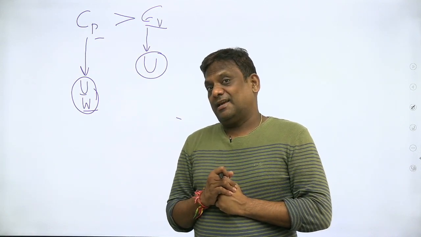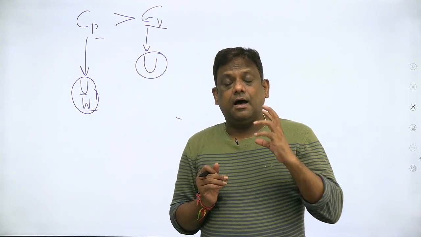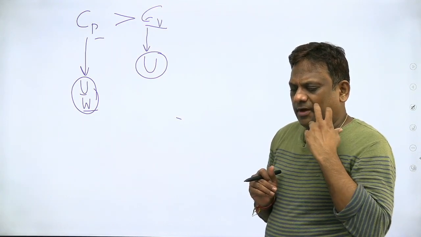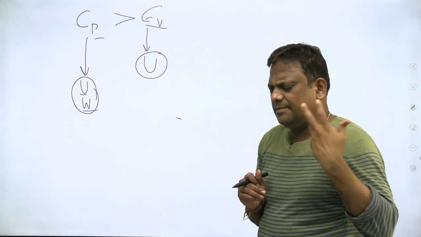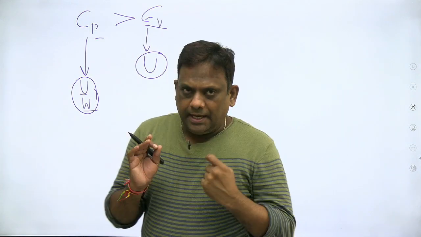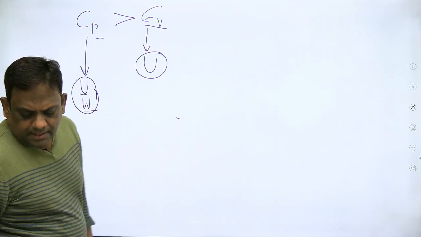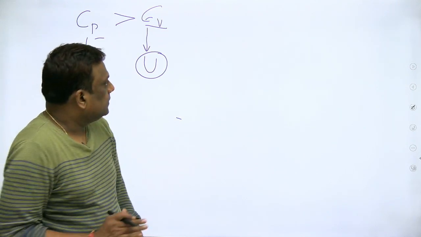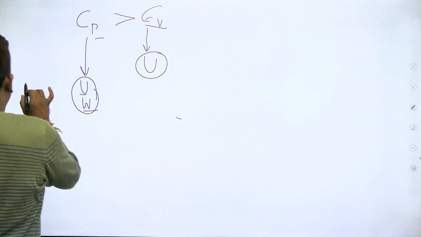So please understand carefully. Cp and Cv are different for a gas because Cv includes internal energy and Cp includes internal energy and external work. Okay, now let's observe clearly. Let's थोड़ा आगे बढ़ते हैं. We'll move further ahead. Don't worry at all. Now, so this is the one. Let us take.